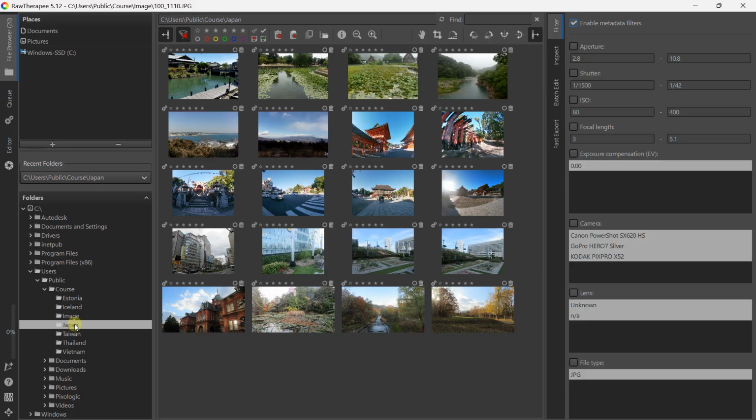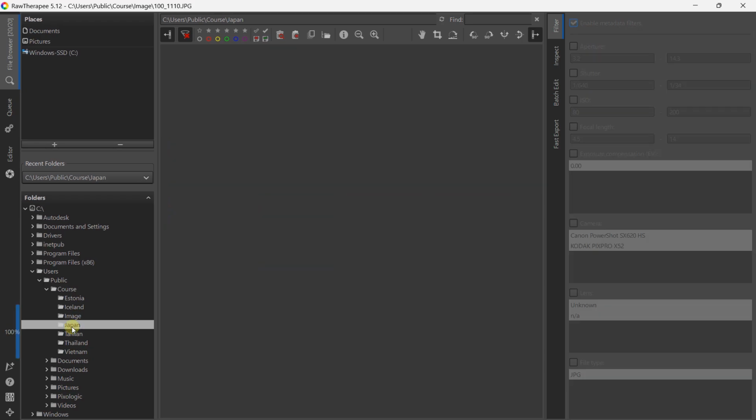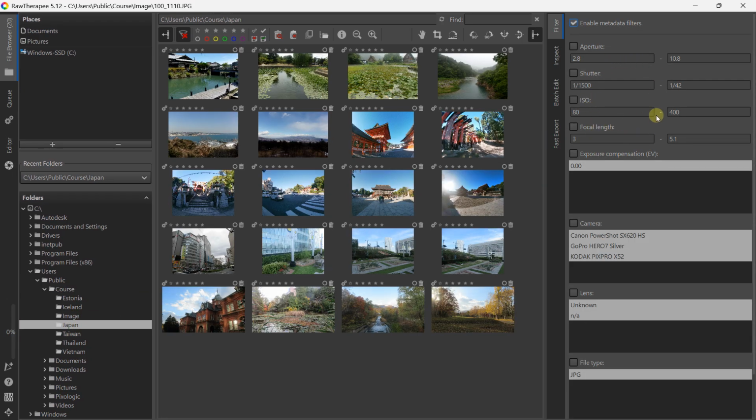When you go on this area, automatically it will define the basic information. If you want to recuperate, you just switch to another folder and it will reset by default, just like that. So don't forget to enable metadata filters, and you can add more filters. So it means I can click here,